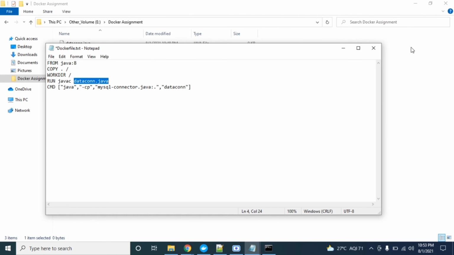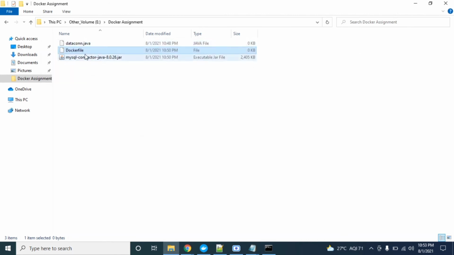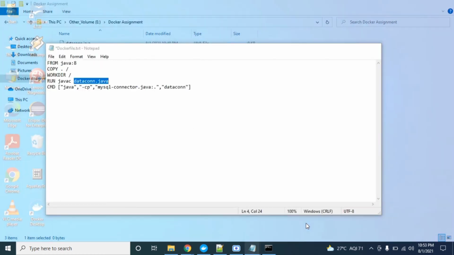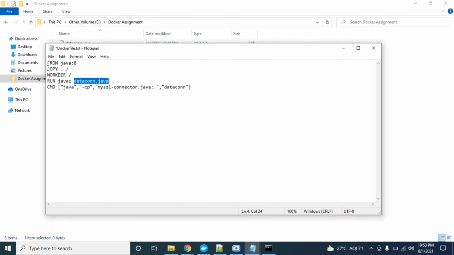Copy dot: whatever content is there in this folder, this jar and this Java file, it will copy those files or all the contents and place them inside the working directory of that Java 8 image container, and then it will run this file.